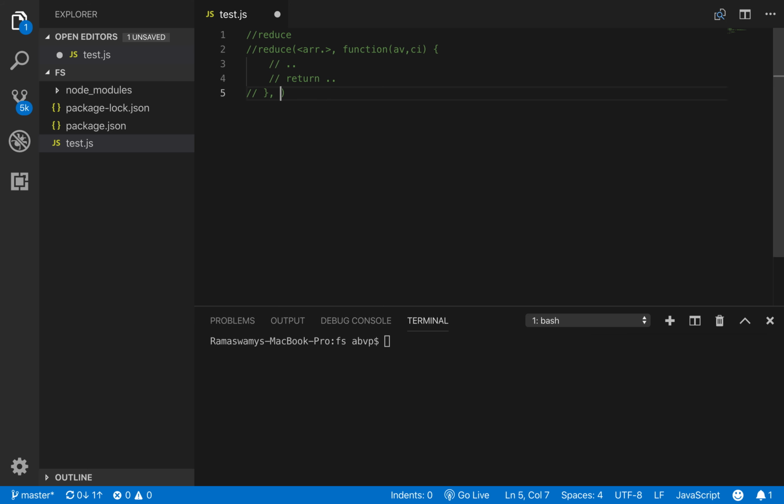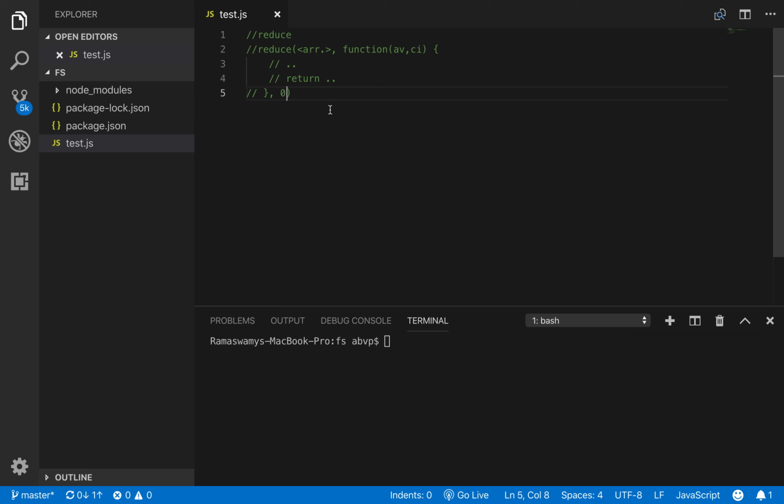Also, we can pass a third argument to the reduce function whose value will be the initial value for this argument AV. For example, if we pass in a third argument with the value 0, 0 will be the initial value or the starting value for AV.